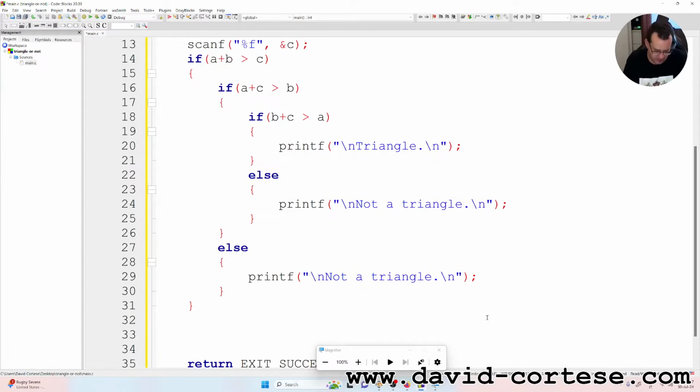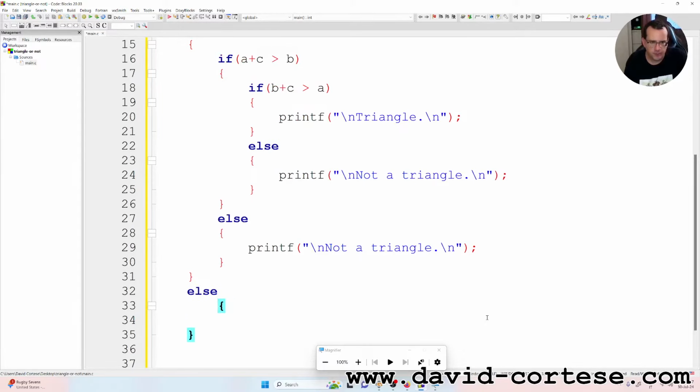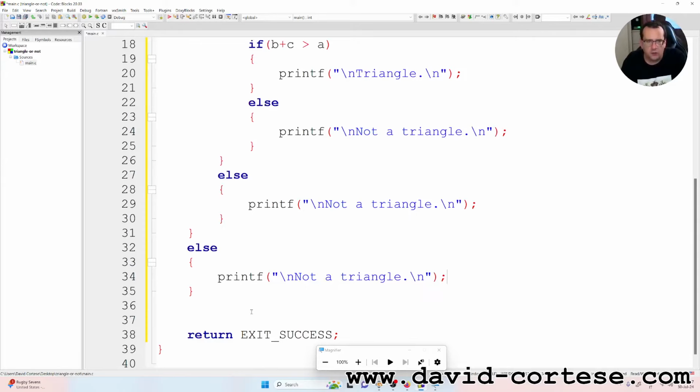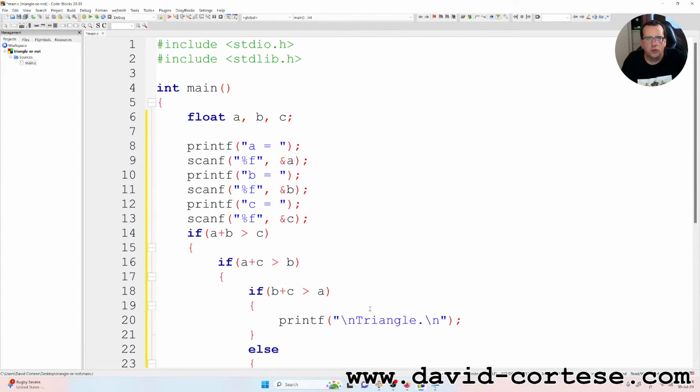So we write here. Okay, the last else is the same line, printf, so backslash n, not a triangle, full stop, backslash n, inside quotation marks and parentheses. And at the end, return exit success. So we have